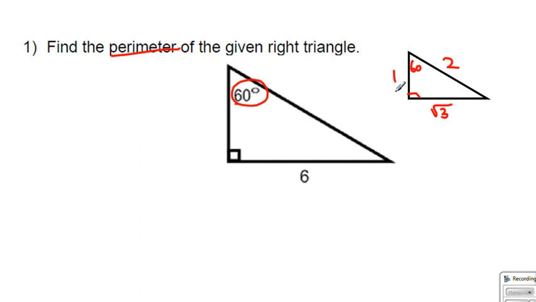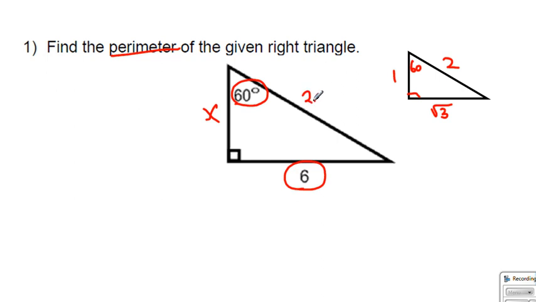This will be the ratio of the special right triangle, 30, 60, 90. And then you will realize that in place of radical 3, you have 6. That means what are we going to have for this value? So let's call this one x. Now, the relationship between this one to this one will be 2 times of that, so therefore this will